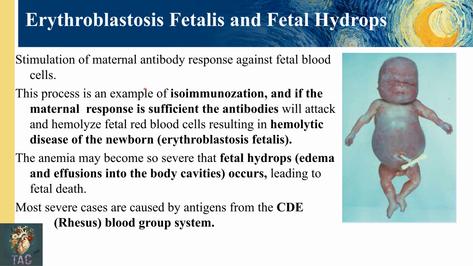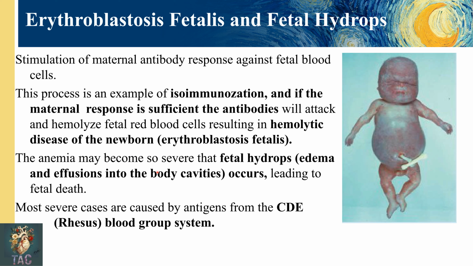Another very important anomaly related to the development of the placenta is erythroblastosis fetalis and fetal hydrops. This is stimulation of the maternal antibody response against fetal blood cells. Some of the fetal blood cells can cross the placental barrier and enter into the maternal circulation, and they can cause isoimmunization there. If the maternal response is sufficient, the antibodies will attack and hemolyze the fetal blood cells, causing hemolytic disease